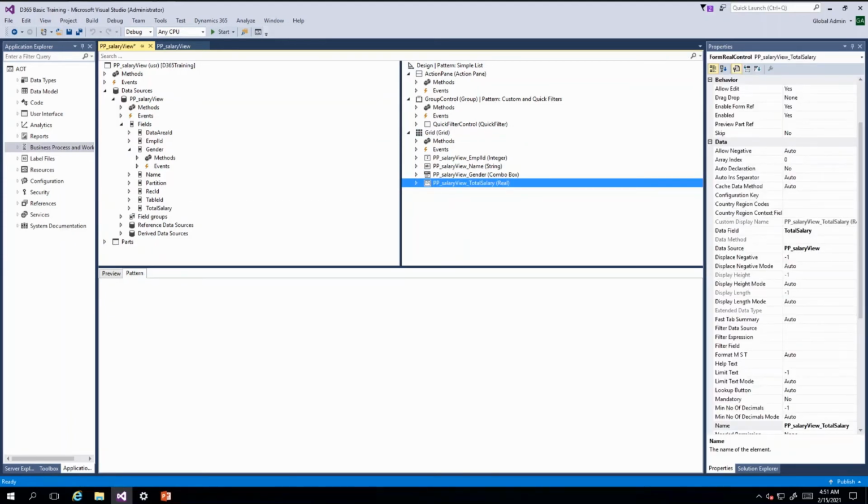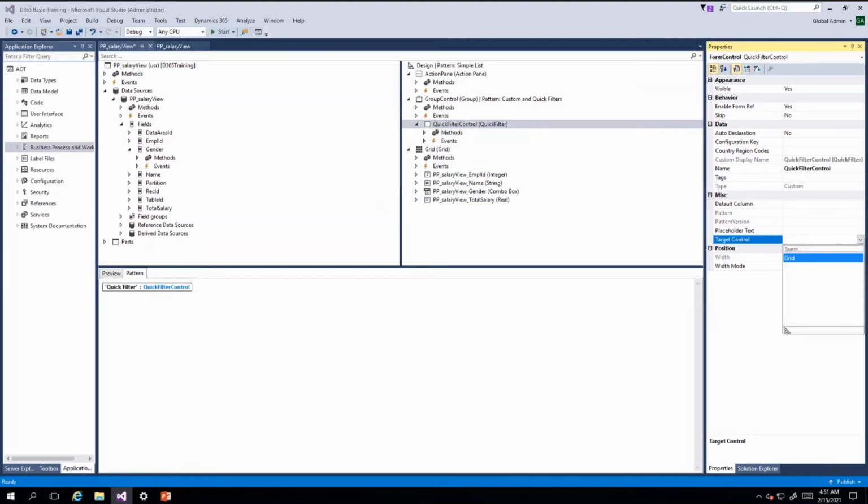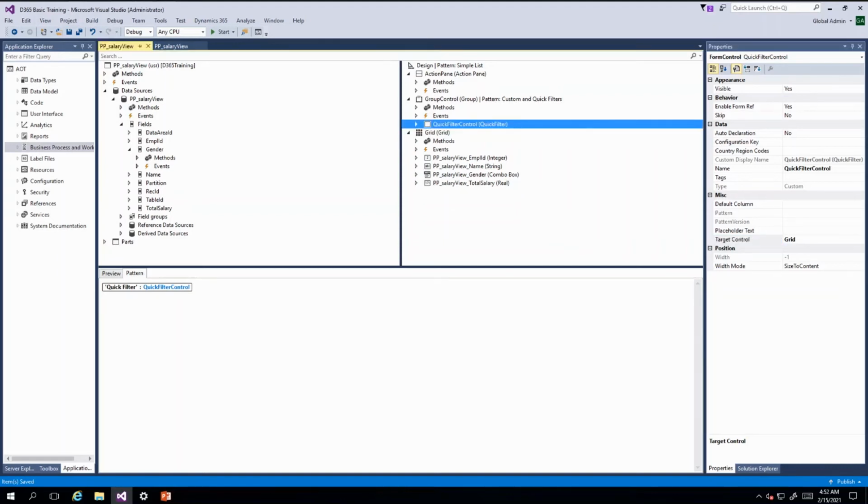So my grid is ready. I will add the grid to target control property. All this I already explained in my form video, so you can refer that video to know more about this concept which we are selecting: patterns, target control, grid, data source, designing the forms. All we discussed in that class. So our form is ready.